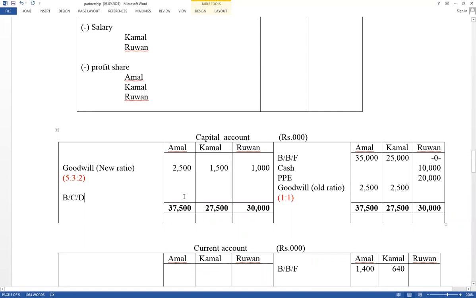Therefore, this one minus this one here will be equal to 35,000. And this one minus this one equals here 26,000. And here will be equal to 29,000. Those values will be included as balance brought forward on the credit side. Therefore, the closing balance is equal to 35,000, 26,000 as well as 29,000. First, record those values under equity. Capital account balance in the financial position: 35,000, 26,000 as well as 29,000.